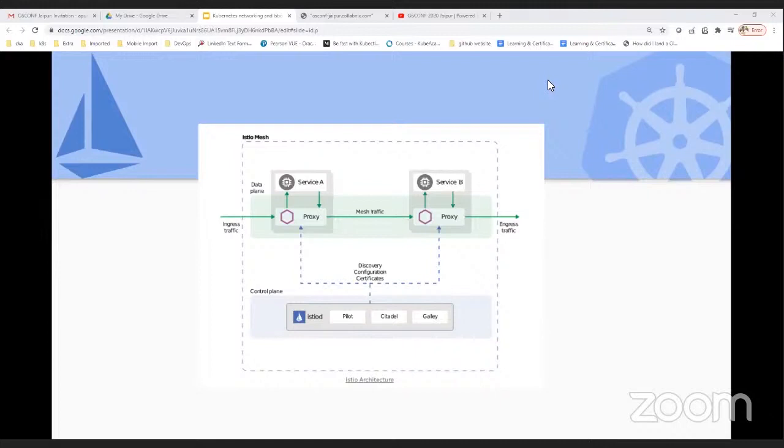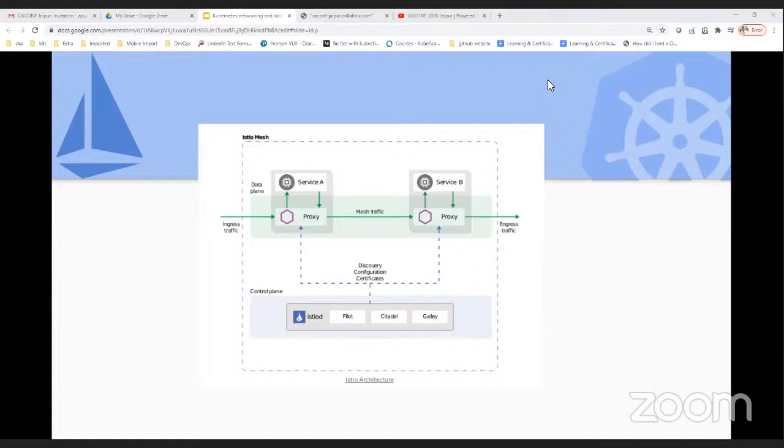Then traffic control helps to control your traffic and how it moves, such as providing the routing rules and HTTP rules, and that will be taken care of by traffic control.